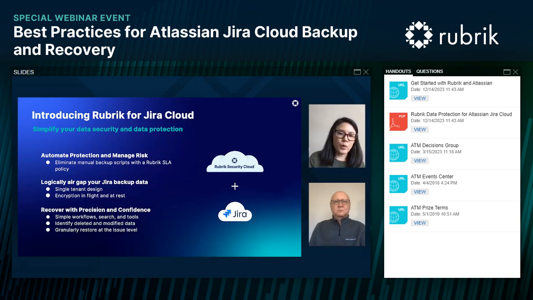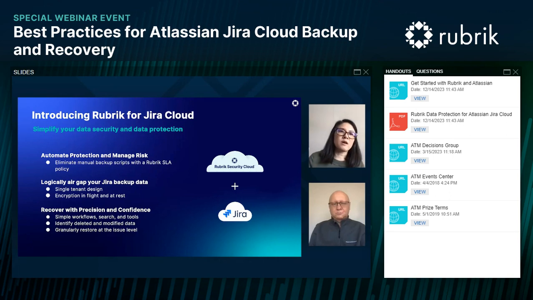In addition, when it comes to recovery, we're focused on making it very easy, where customers can precisely and confidently restore their data. There are simple wizards, simple workflows, and powerful search tools to help customers not only restore the data, but also identify any data deletions and modifications very easily.